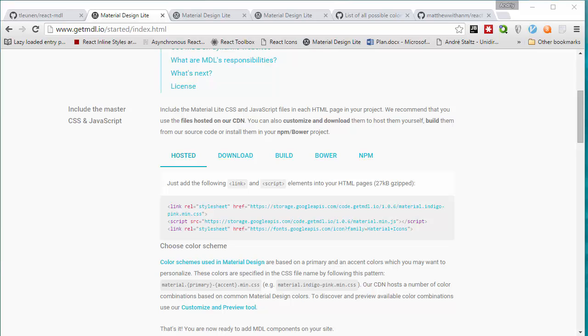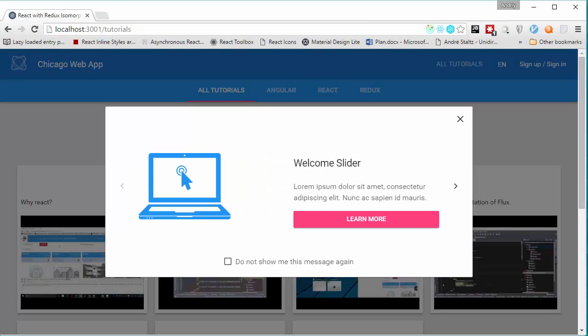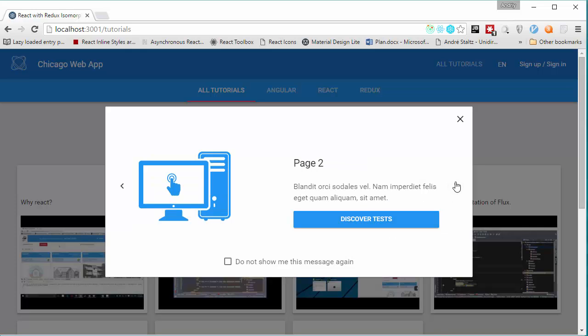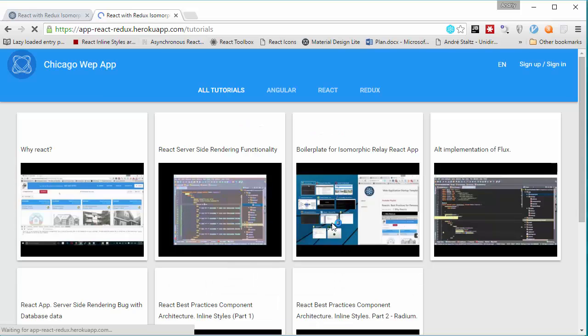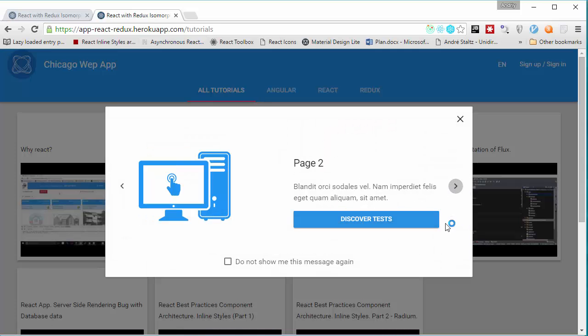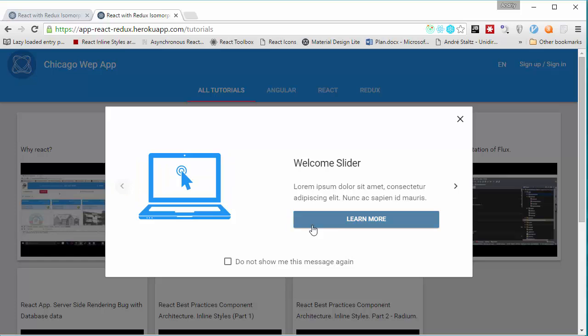With Material Design Lite functionality we can easily manage the color scheme of our application. In the Material Design approach, color scheme is based on two main colors: primary and accent. And in this case, accent is pink and primary is blue. But when we open our page on Heroku, you can see here different colors. And we have for accent a weird color, blue-gray.